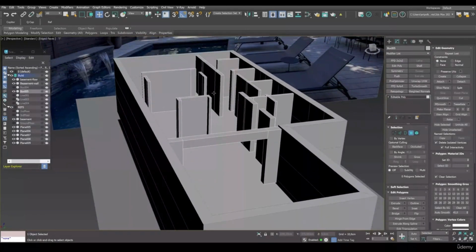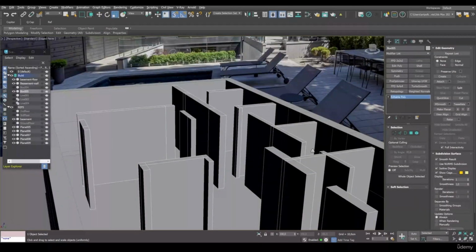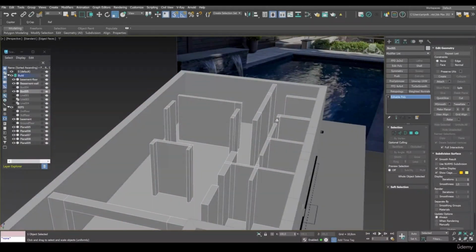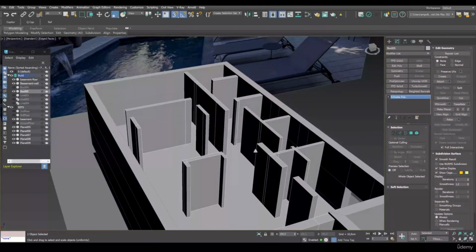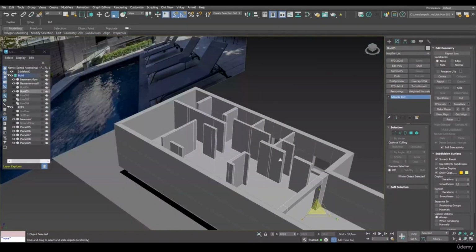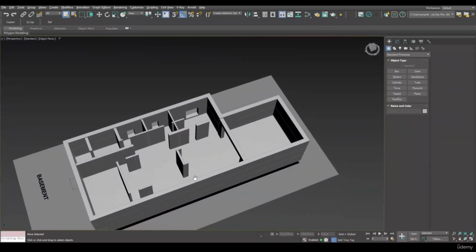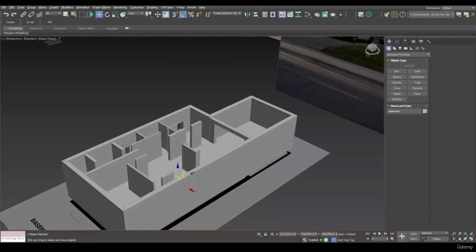Perhaps we will not need the doorways. However, if we need some changes with the model and partitions, we can use the same technology, adding edges and the bridge function. Now let's make the steps that lead down